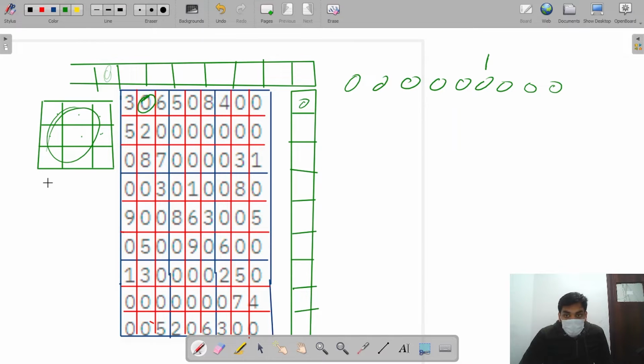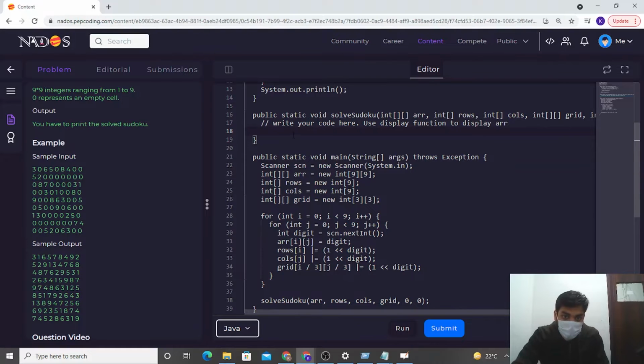So for these, I'll check whether I have it or not. How will I check this? Earlier when we were doing this question, we were using arrays. In 2D arrays, we were storing all the 9 numbers, but here one number which has 32 bits can be used. Its last 9 bits would be used as 1 to 9, and we'll turn them on and off. If they are on, that means we cannot place the number there. If they are off, that means we can place the number there. So it's easy, guys. Let's come to the code. I'll explain the question more.